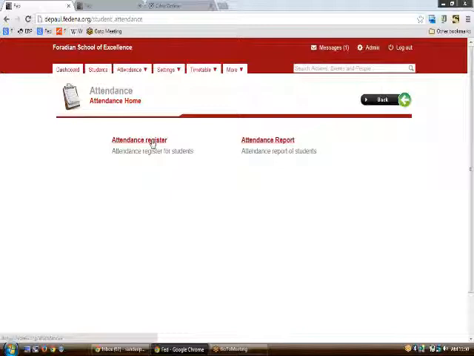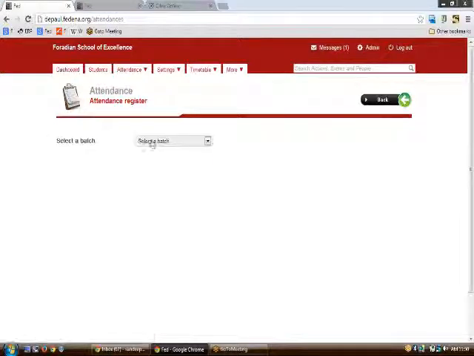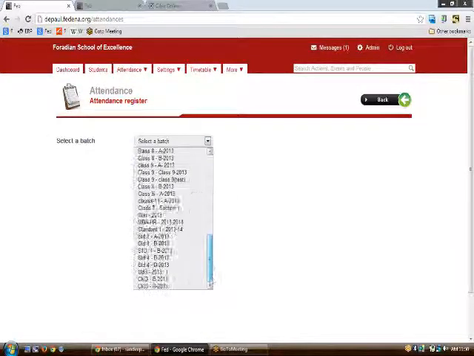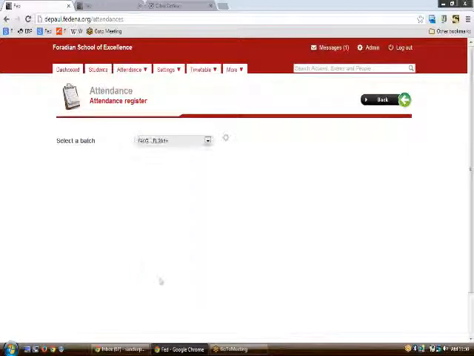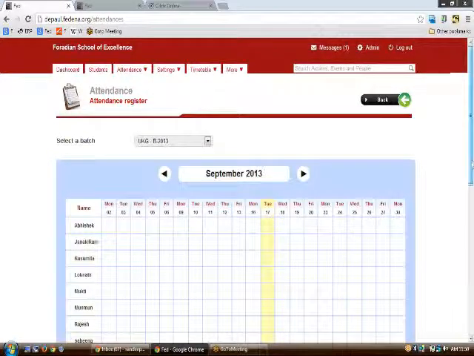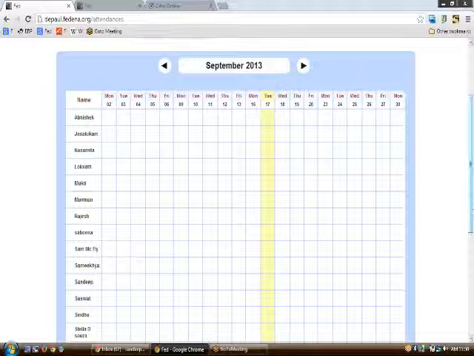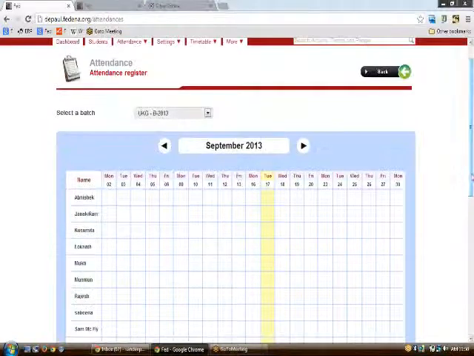On clicking upon attendance register, you will be redirected to a page where you need to select the batch and today's date, and it would show your table which would have the dates of today itself. So as per the timetable that we have selected for this particular batch, we have Monday, Tuesday, Wednesday, Thursday, Friday as working days. So this would be coming up in the register itself.